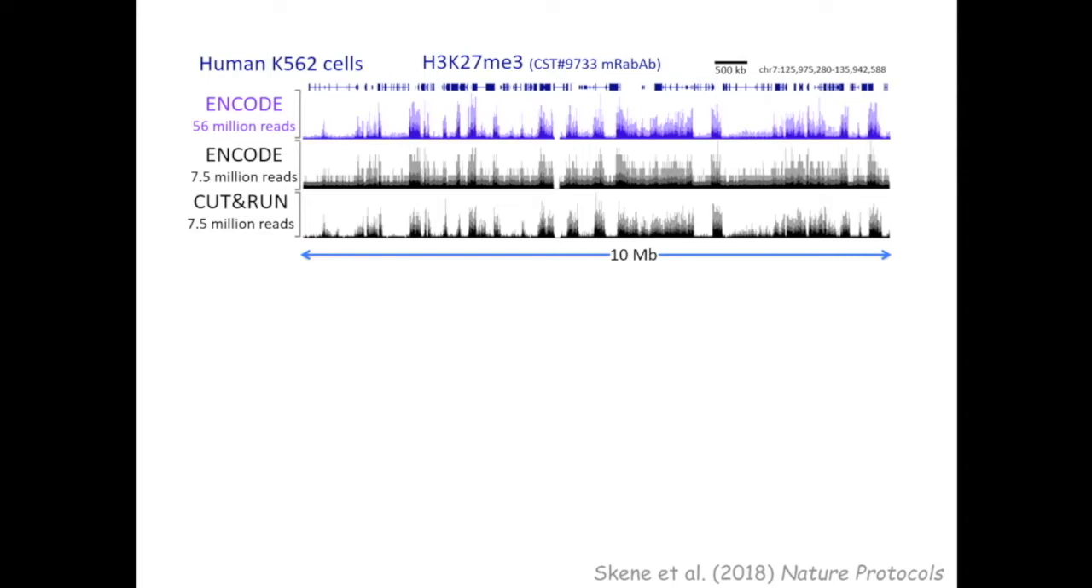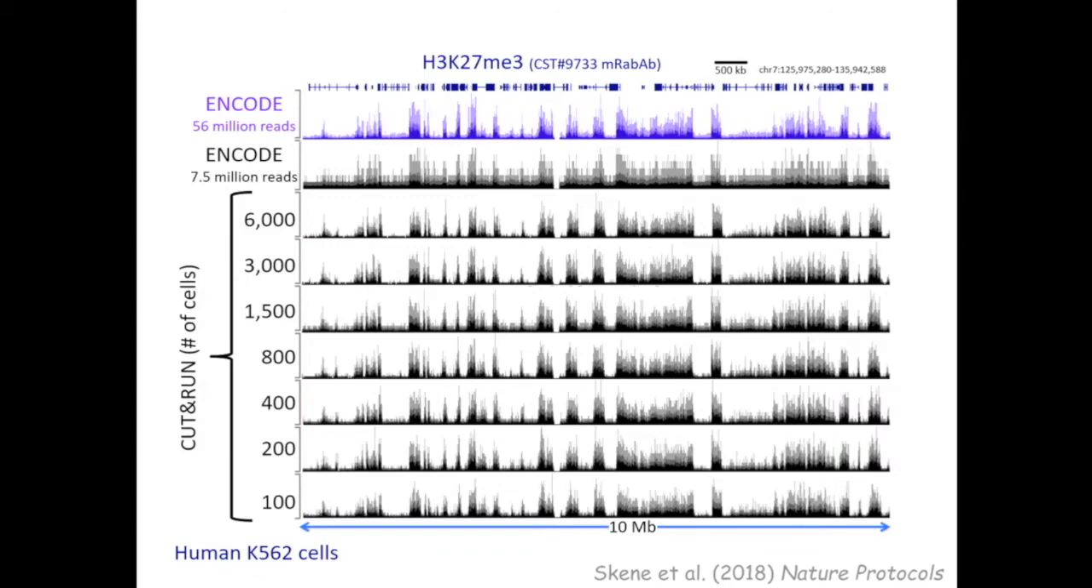And what you see is that if we downsample, so we have the same number of reads for ChIP-seq versus CUT&RUN, you can see that you get better feature definition, and that's because of this low background from sampling from the entire genome for ChIP. CUT&RUN is also very sensitive, so in this experiment we can go down to 100 cells without any loss of data quality at this level of resolution. And then